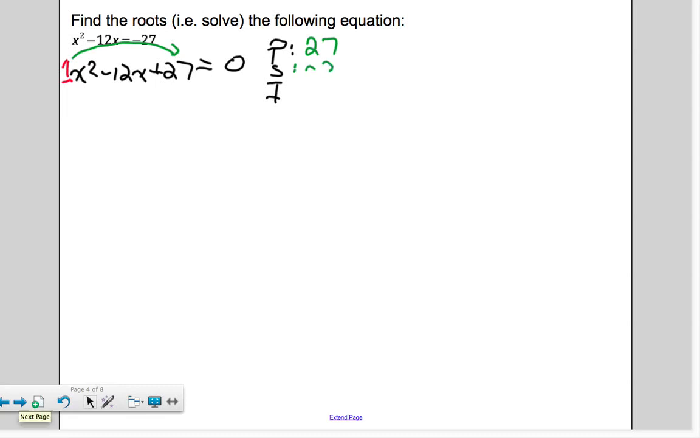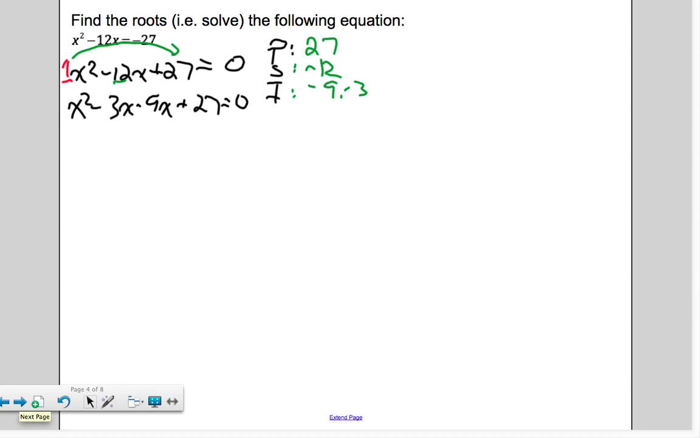Our sum is negative 12, right? So what two numbers multiplied to 27 add up to negative 12? Negative 9, negative 3. So negative 9, negative 3. So we have, I'm going to decompose this now, x squared minus 3x minus 9x plus 27 is equal to